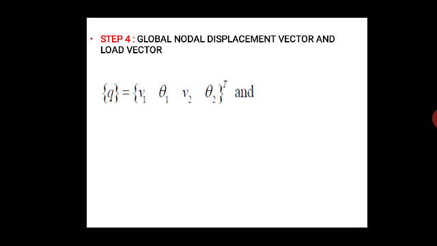We can consider the displacement vector Q is equal to V1, theta 1 for node 1, and V2, theta 2 at node 2. And along with this one, we have the forcing vector F is equal to P naught L by 2, P naught L square by 12, P naught L by 2, minus P naught L square by 12, that is transpose. Now considering this global stiffness matrix, global nodal displacement vector and forcing vector, we'll go for